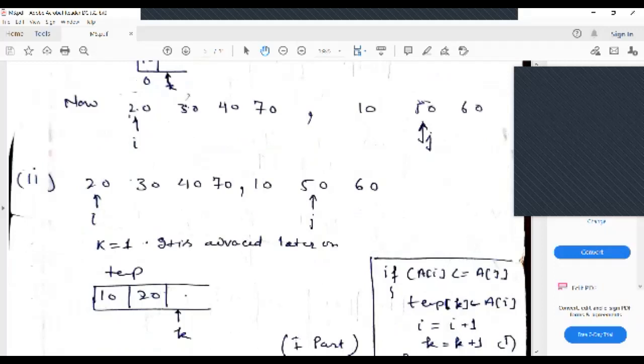Again j increment हुआ, कहाँ पे आ गया, 50 पे. Now compare again, i is at the same position, that is 20. Now compare this 20 with the 50. Is a[i] less than or equal to a[j]? Yes, in this case, if you are comparing 20 with the 50, you are getting the smaller element, that is 20 is smaller than a[j]. Okay, so in the second step, you will put this 20 to the temporary memory and you will increment i to i plus 1 and j will remain at the same position.